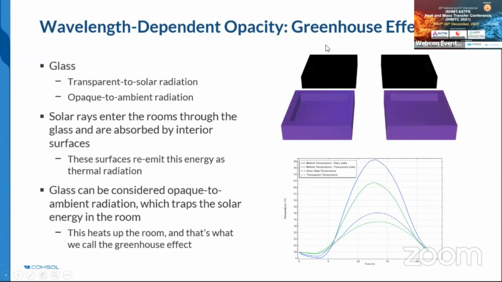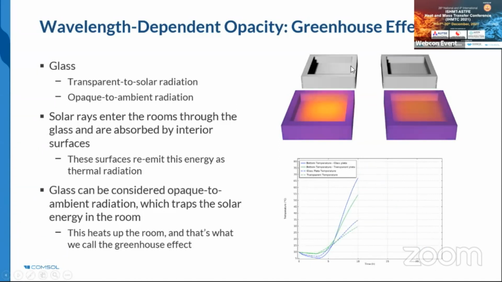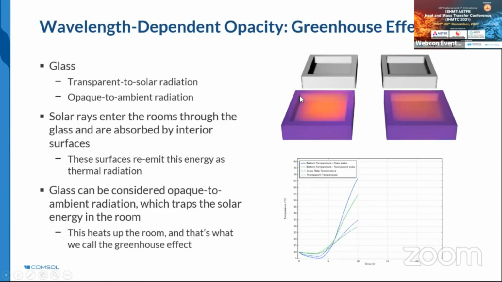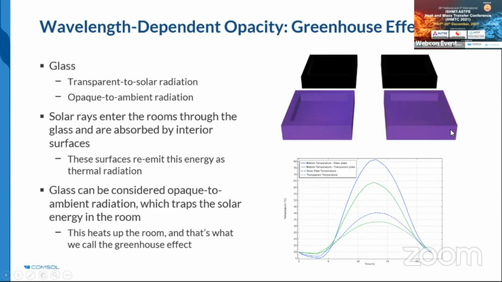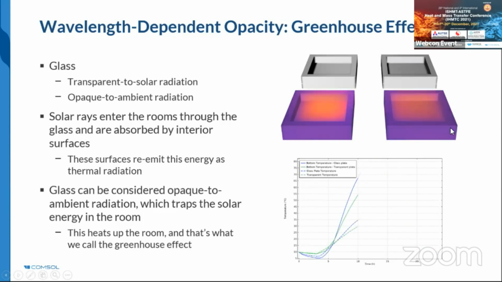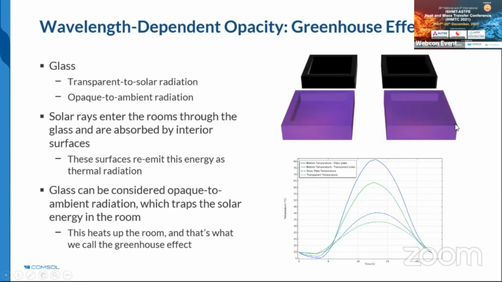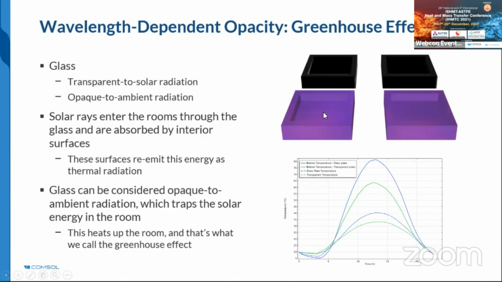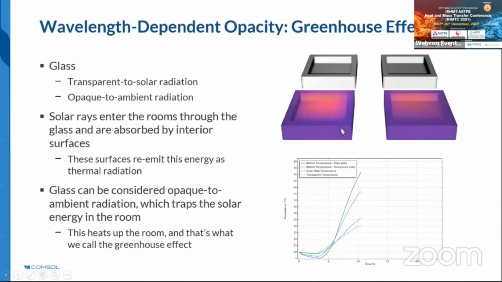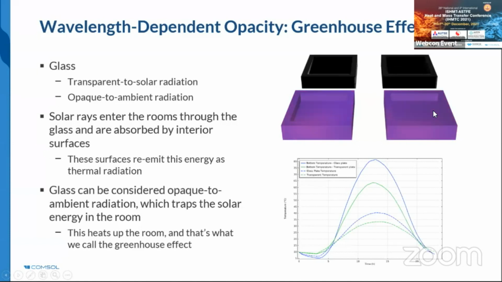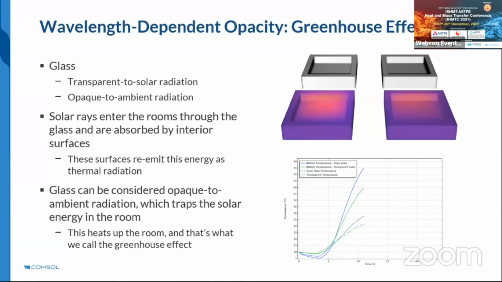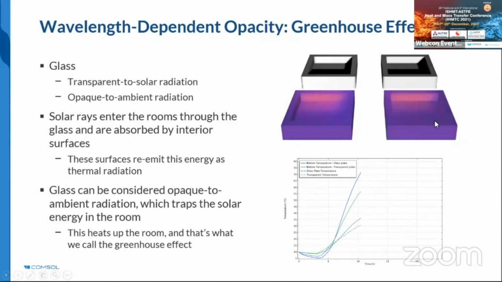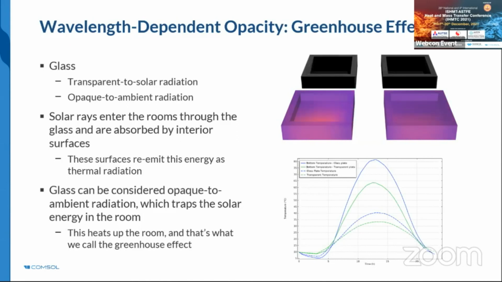And this is a tutorial demonstrating the greenhouse effect. On the left, you have a black box covered by a plate made of glass. And on the right, you have the same box, but covered with a fully transparent plate made of plastic. So the difference is that on the left, you have the greenhouse effect because the infrared is trapped and you see the color showing a higher temperature, while on the right, you get a lower temperature just because the plastic is transparent to the infrared. So the radiation can leave the system.